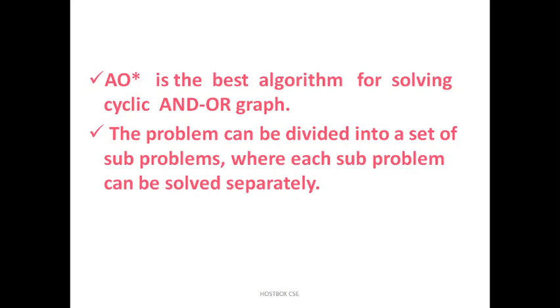Let's go for the example. Think of this for understanding purposes. Let's assume that our goal is to acquire a TV set. If you want to acquire a TV set, there are two routes. One solution is to immediately steal a TV set from your friend's house or somewhere, just for understanding purposes. Or you can go with another option under a cyclic graph, that is, earn some money and buy a TV set. This is the best one: do hard work, earn money and buy a TV set. You can follow the cyclic graph AND/OR method like that, and this is the one where we will get the optimal solution also.